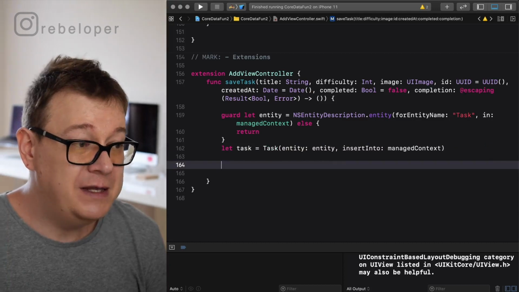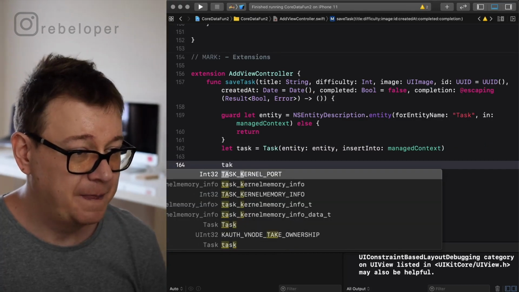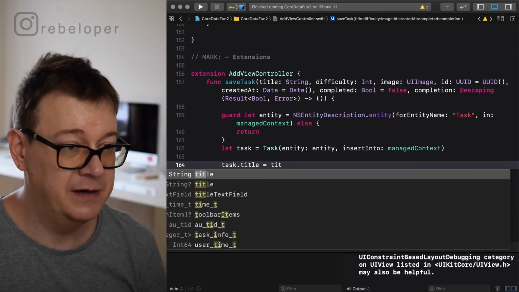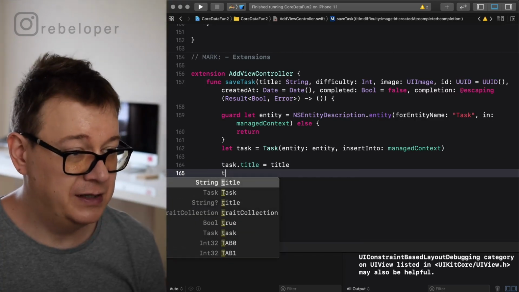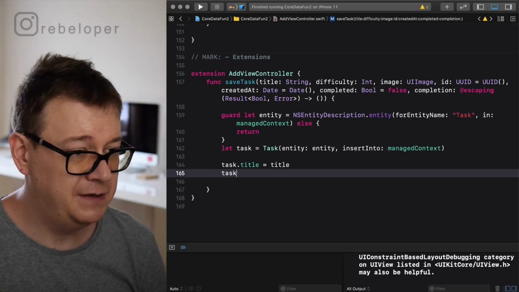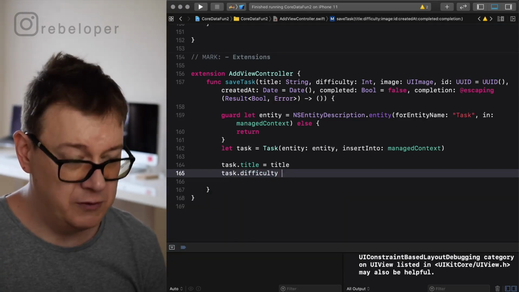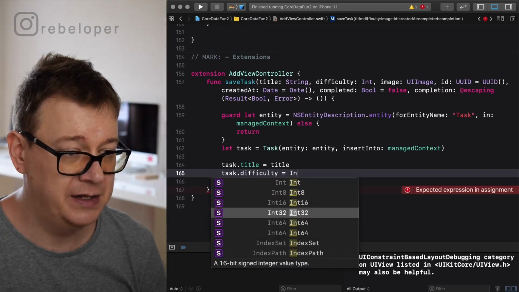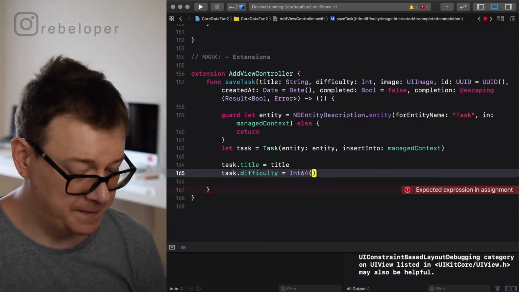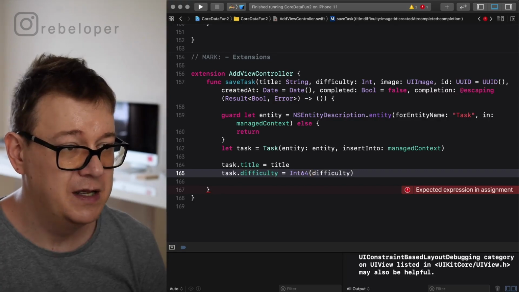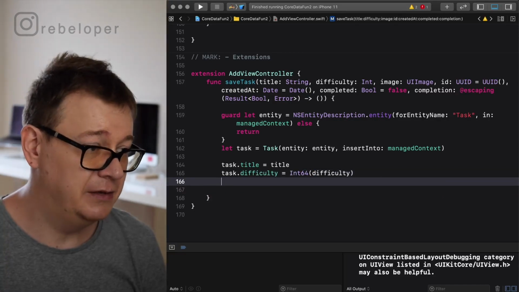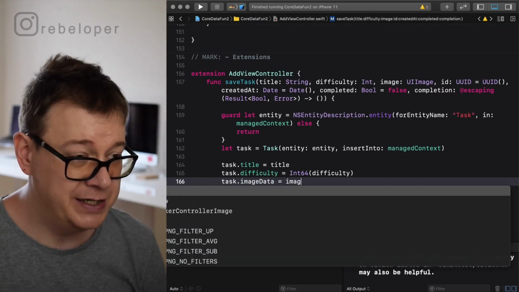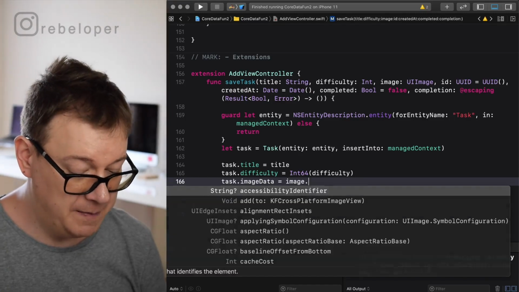Okay, so now it's pretty simple. Just go on to task and add whatever you want. So the title will be our title here. Let's move forward. Our task should also have a difficulty. So difficulty equals, and this needs to be an Int64. I'm already converting it to Int64 from the difficulty property that we have on this function. Next up is the image data, task.imageData. And that will be the image, the UIImage that we are grabbing here,